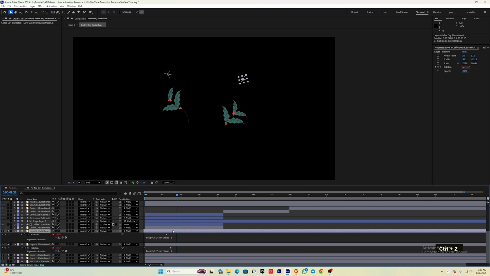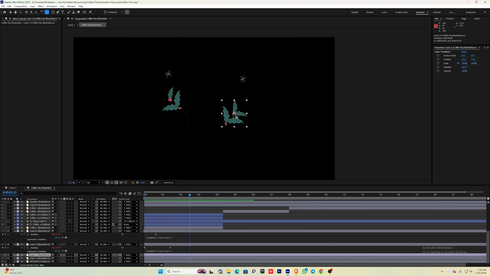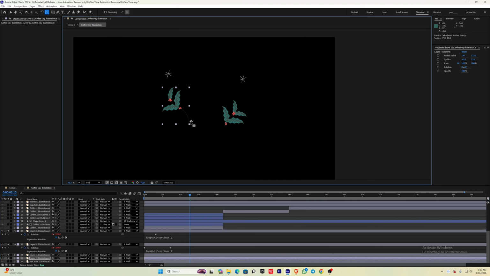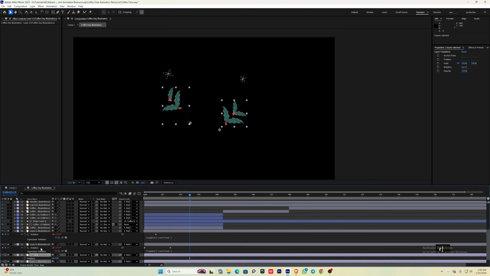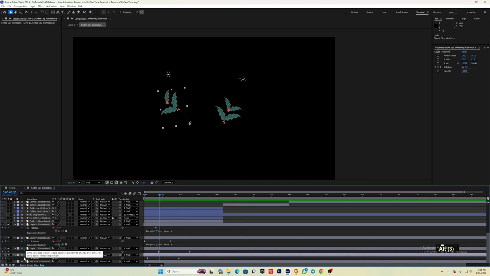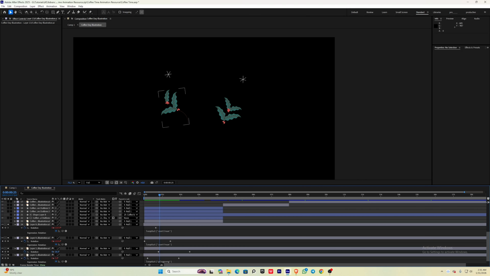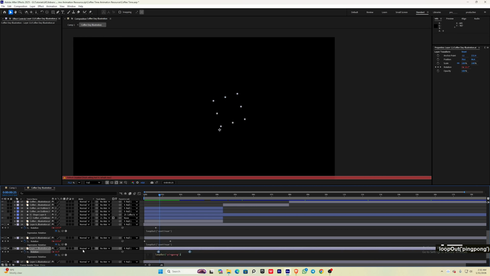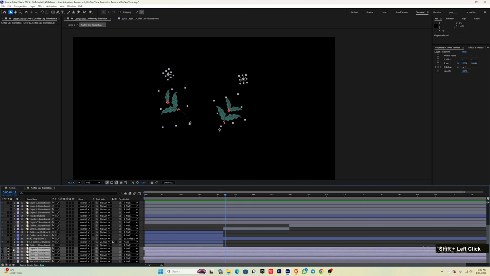Bring this layer a little bit ahead. Now in this first leaf, I'll adjust its anchor point, and here is the anchor point. I'll also give it a rotation keyframe. Now I will also add a loopOut expression here. I'll change this continue to ping pong. Select all of this, copy these things and paste them here also, these layers, and make